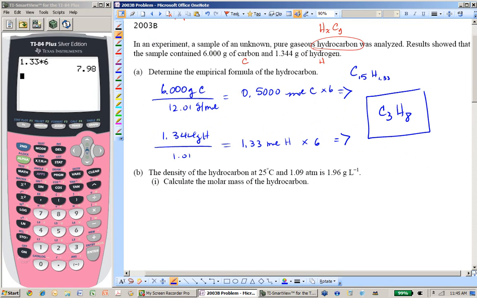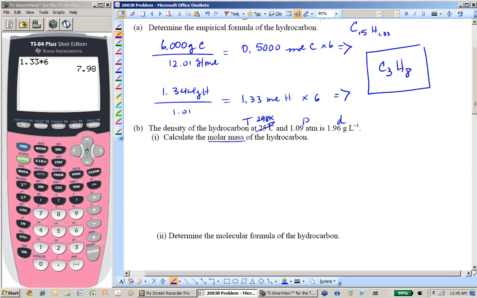All right, so now the density of the hydrocarbon at a temperature of 298 Kelvin, there's a pressure, there is a density. Do you know any relationship that you've learned in class with gas laws that is going to get you the molar mass of this substance based on its density? Molar mass of a gas, so this gas. So you got to feel like PV = nRT is involved somehow. And you can do PV = nRT, and you can rearrange, and you can get n over V, the density piece of it, or you can give up and memorize